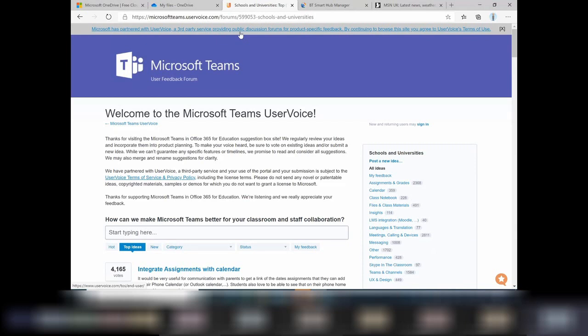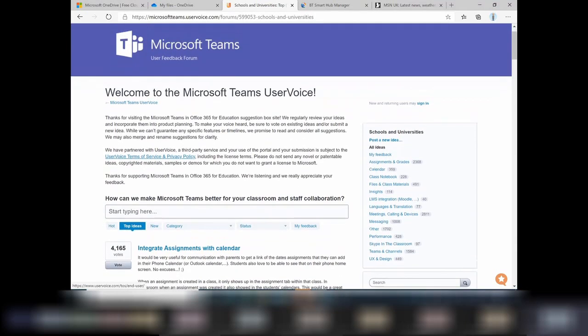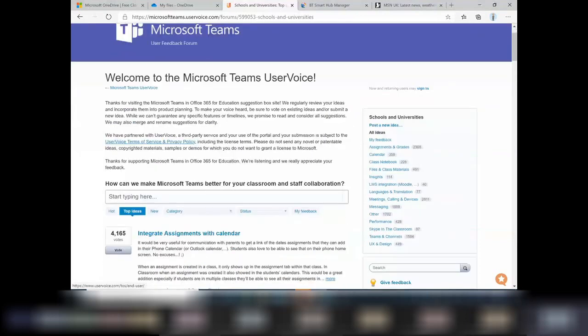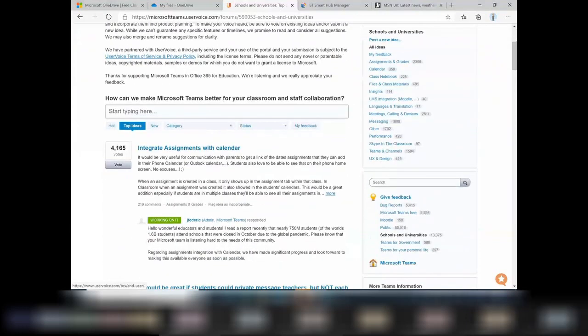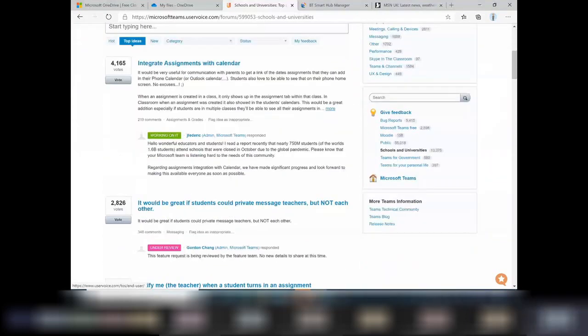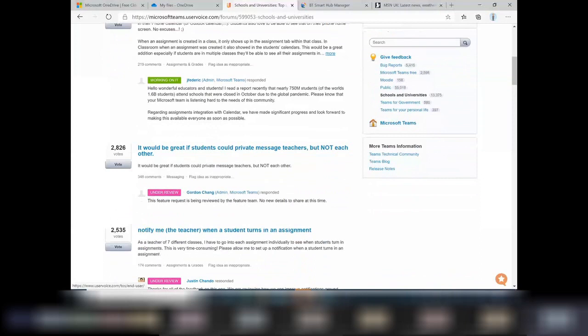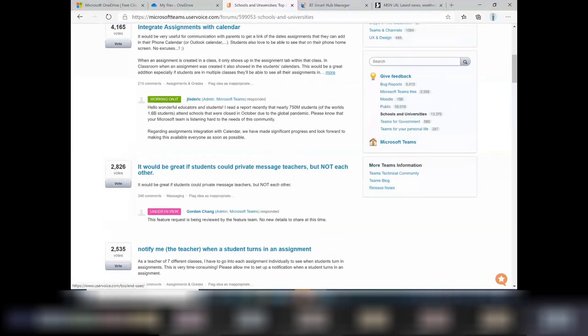And then it gets voted upon. As it gets voted upon, these things are reviewed regularly by Microsoft, as you can see there under review. And as you can see, the one there with the most votes, integrate assignments with calendar, they're now working on it. So what I would encourage you to do as you do more with Microsoft Teams,